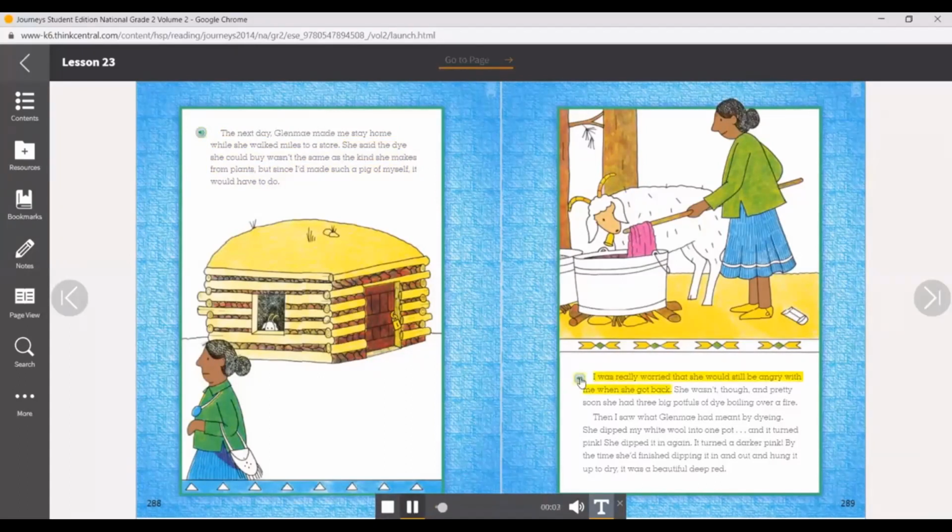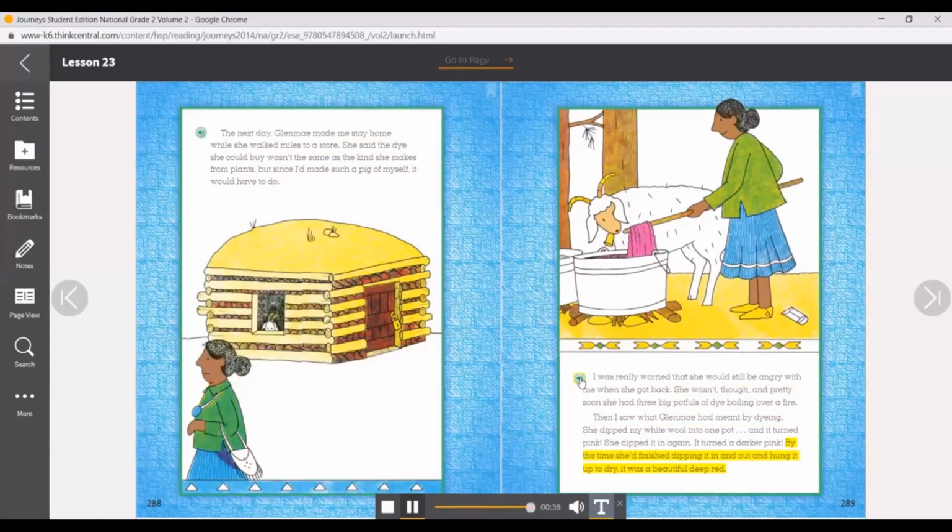Really worried that she would still be angry with me when she got back. She wasn't, though, and pretty soon she had 3 big potfuls of dye boiling over a fire. Then I saw what Glen May had meant by dyeing. She dipped my white wool into one pot, and it turned pink. She dipped it in again. It turned a darker pink. By the time she'd finished dipping it in and out and hung it up to dry, it was a beautiful